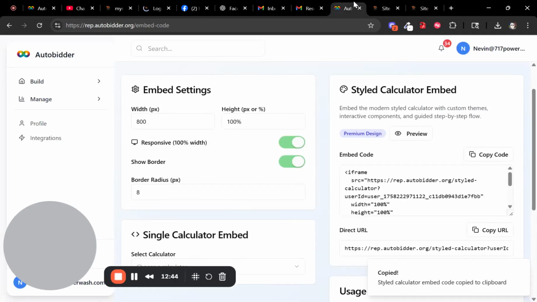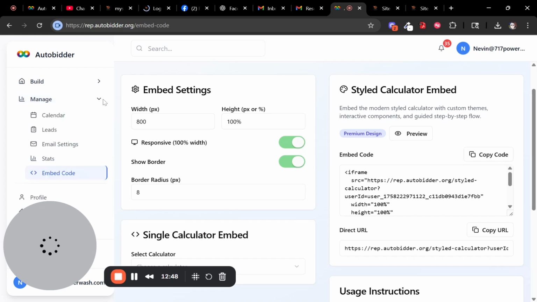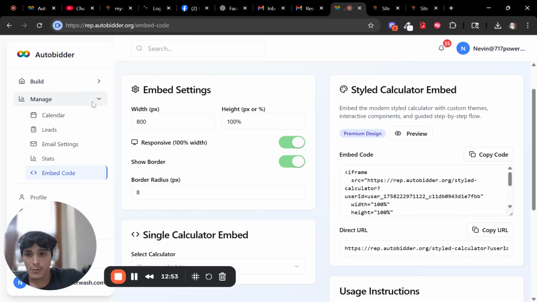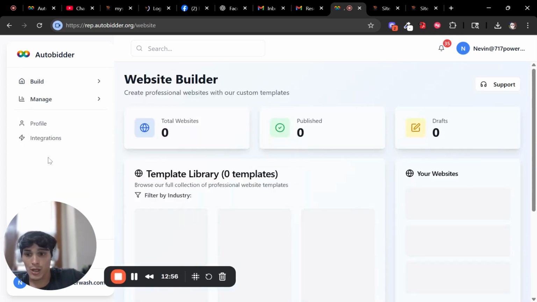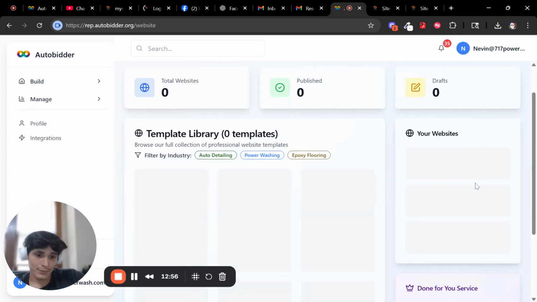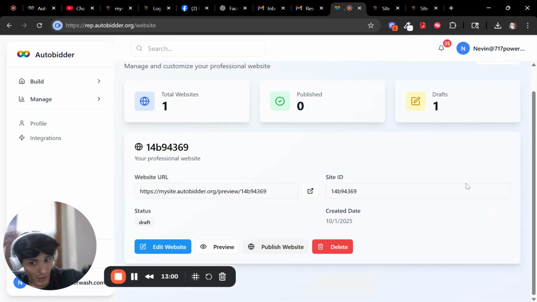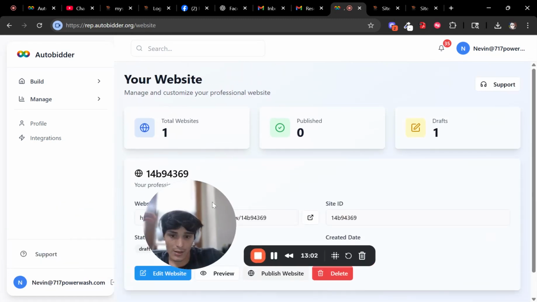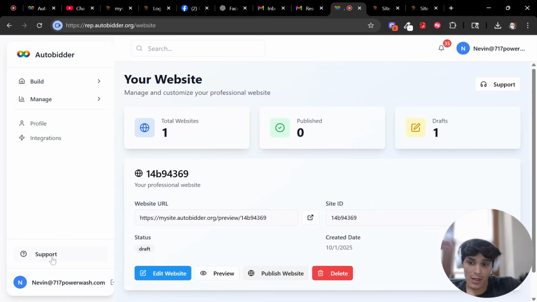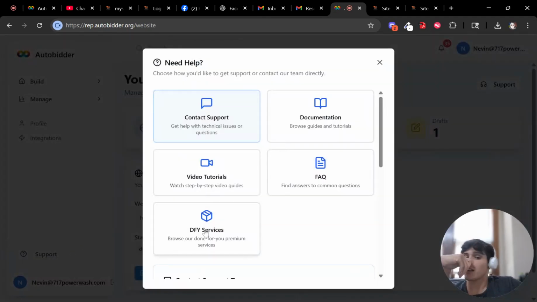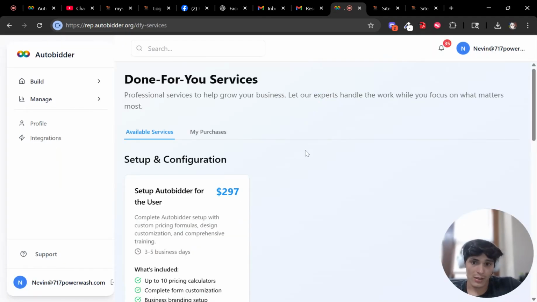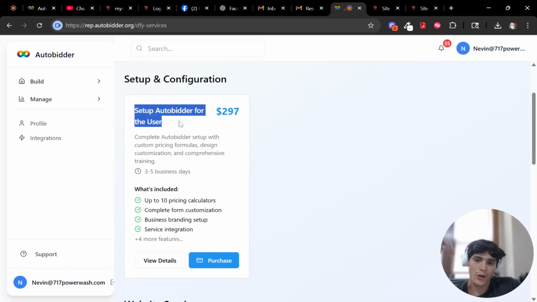Now, like I mentioned previously, if you feel like it's a bit too much to do yourself, we can edit it for you. So just like with our standard website builder, we can build the website out for you. So you go back over to the website tab, you'll see this little section here, or actually in this case, now that we picked the site, if you want us to build a site for you, you just got to go to support, click DFY services. I mean, it's done for you. And then you'll see a few other services here, like we can set AutoBidder up for you,